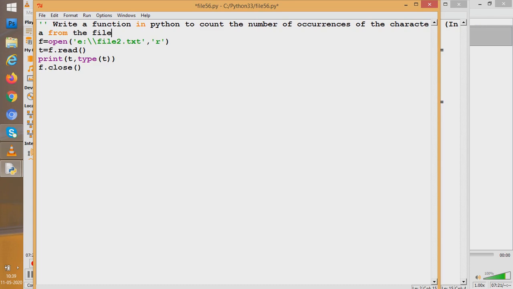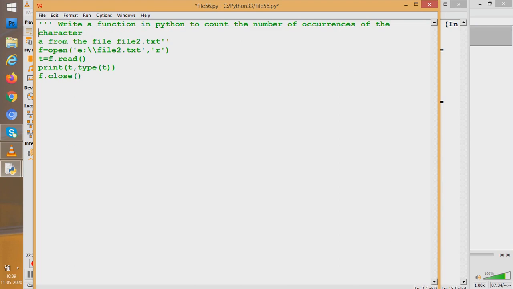Which file? File2.txt. So you have understood what we did. This is the question of CBSE. CBSE wants us to read the character a from the file and display how many times a has occurred in the file. So now this is the question and I'll have to go for the answer.